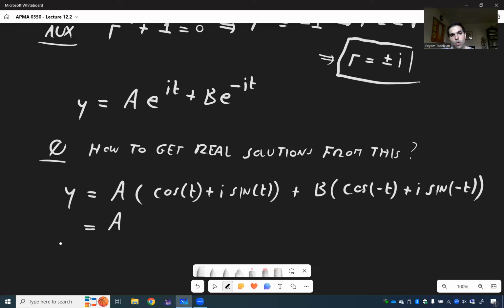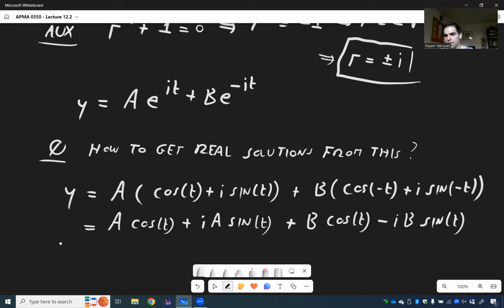This gives you A cosine t plus i A sine of t. Cosine of minus t, remember by the trig formulas, is the same thing as cosine of t. And sine of minus t is minus sine of t. So in the end, we get minus i B